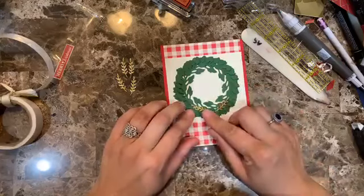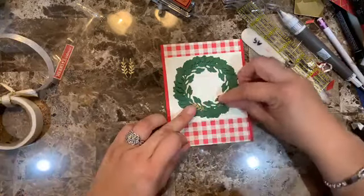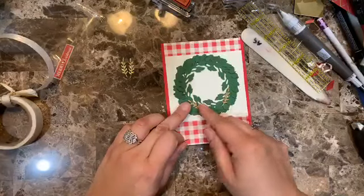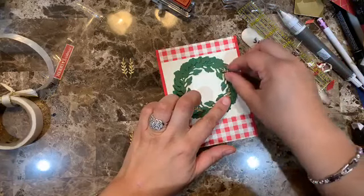So I'm going to line them up a little bit just to see how I want them. I know I'm going to be putting a red bow here. So let me do the bow so I know exactly. And then I'm going to be putting